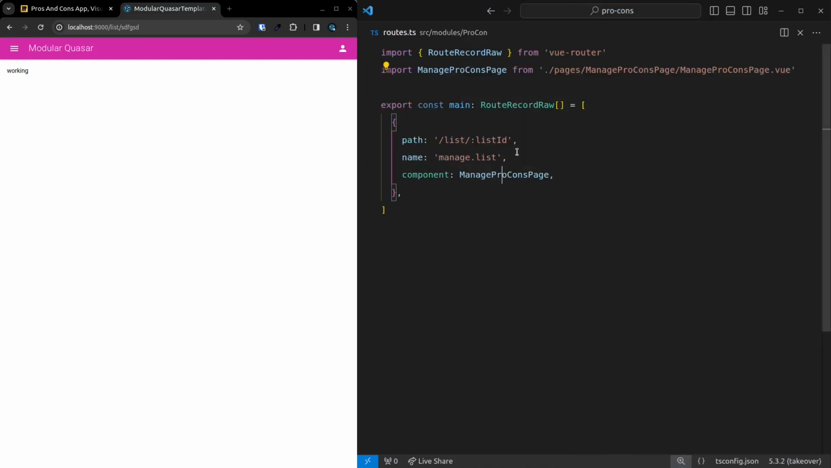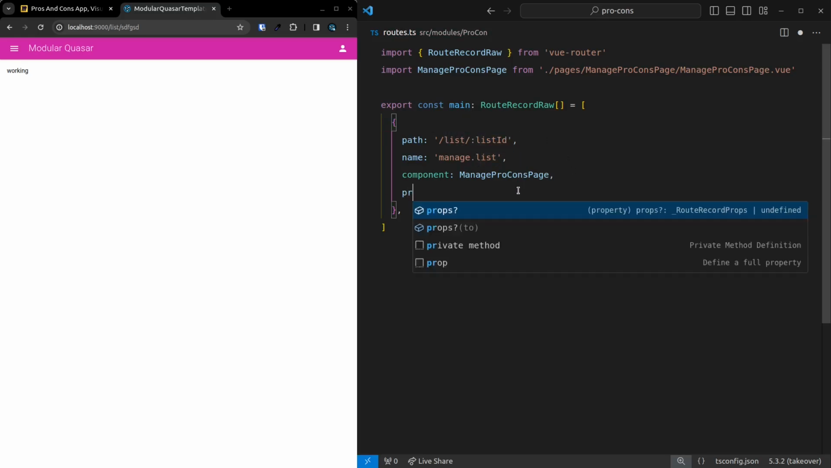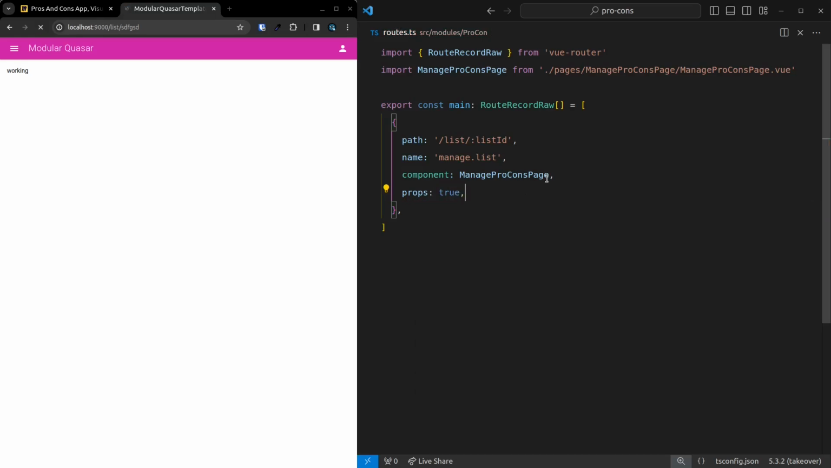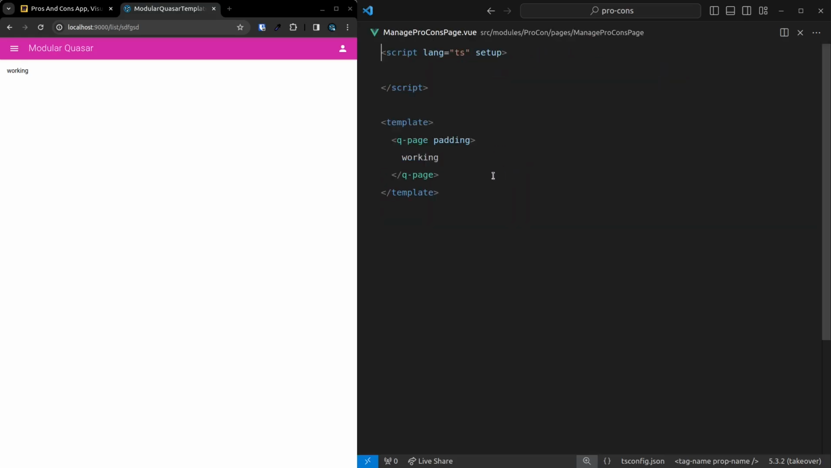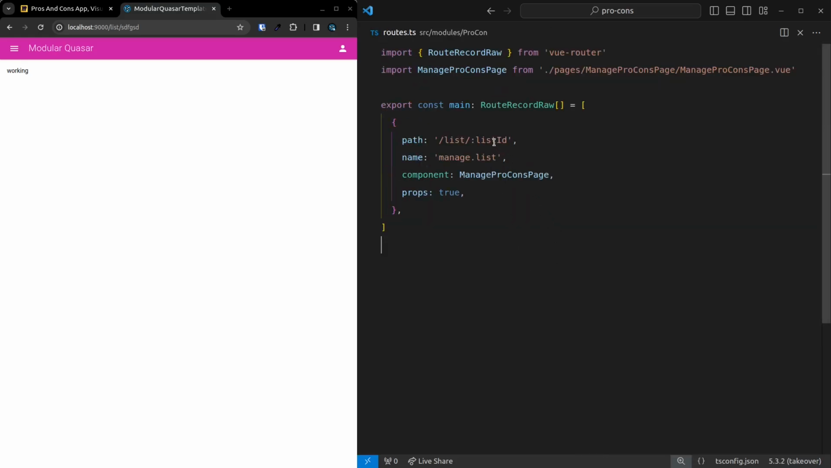Now we want to send through the props. And by that, I mean, I want to send through this parameter here as a prop. So we can say props true. And that means list ID is now being sent down to this component. So let's control click that component. I should say what I'm doing as I go here. Double click,